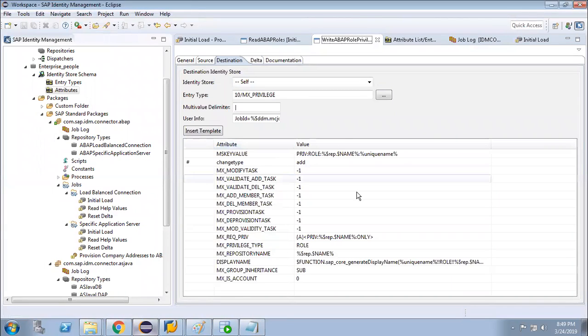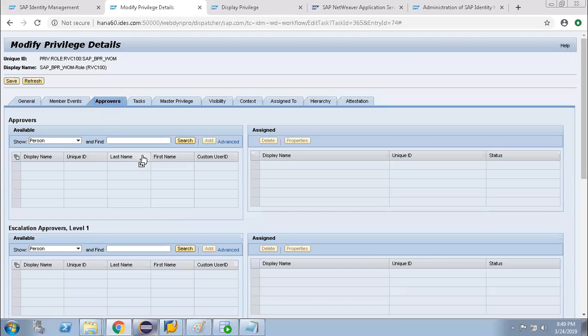But normally in this initial load job, we don't set the approver over here, because in the backend system no approvers are present. Approvers we set up within IDM, right? For approvers also we can create a master load job. Yes, for approvers also we can create a master load job.